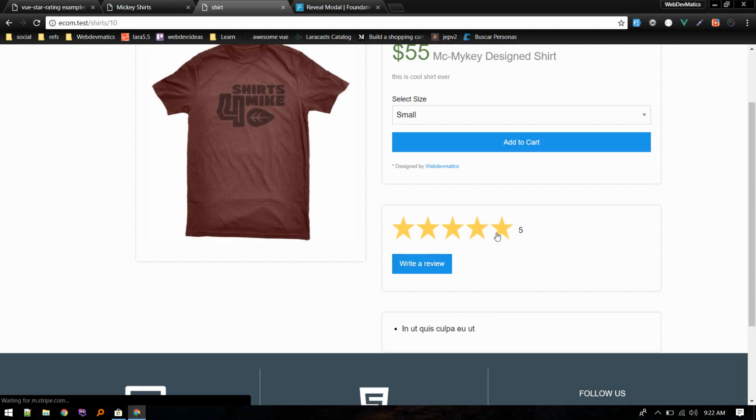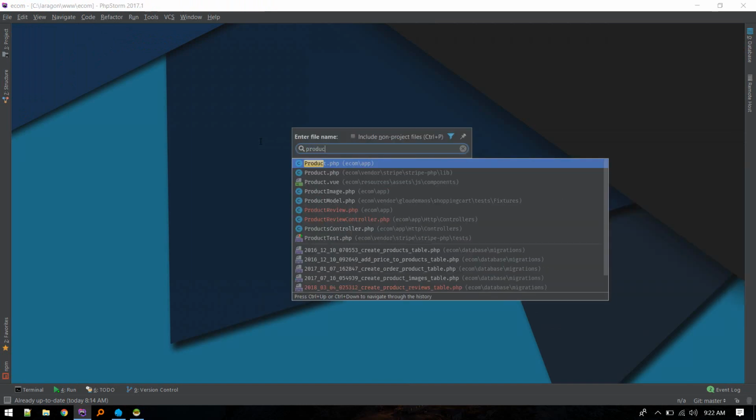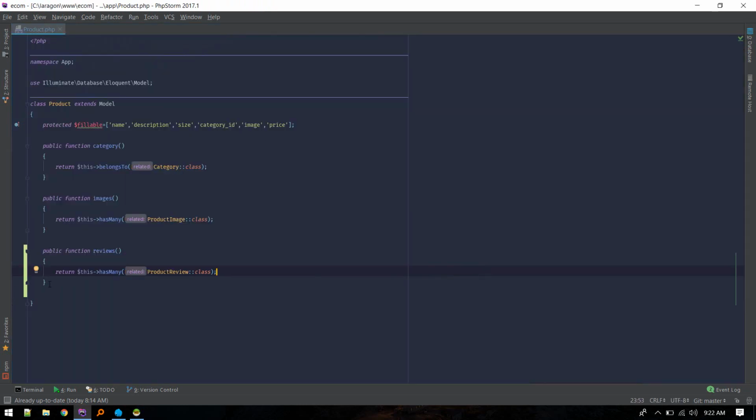Okay, so here we need to display this dynamic according to the product's review. So we need to calculate that in our backend. So we'll do that in our product model. Let's close everything else. Let's open product, and here we have relationship. We'll create a method getStarRating,